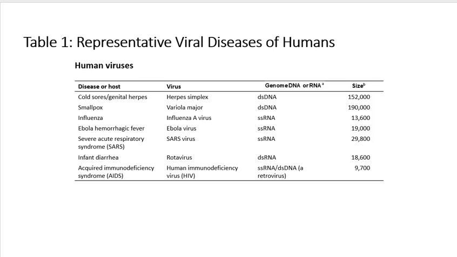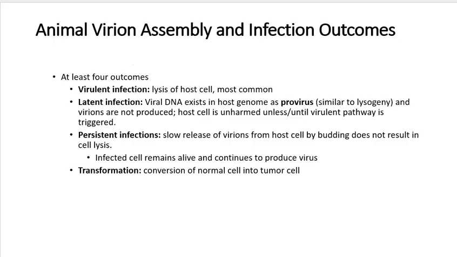So let's look at these guys. This is just a representation of some of the human viruses, and you can see whether they're double-stranded or single-stranded, or a retrovirus. We'll talk about what that is, and how big these are. So the herpes virus, pretty big virus, versus the HIV, not very big. Okay, so let's look at this. When you have an animal virion assembly